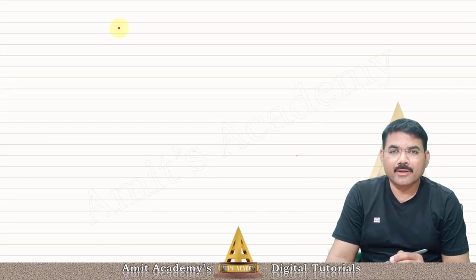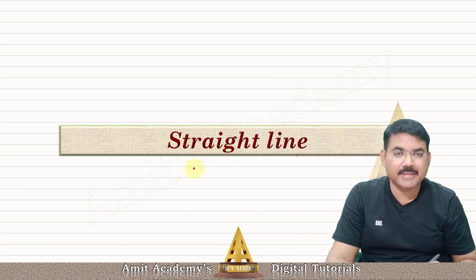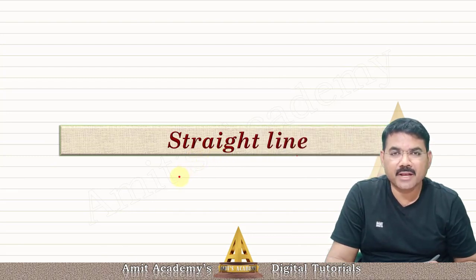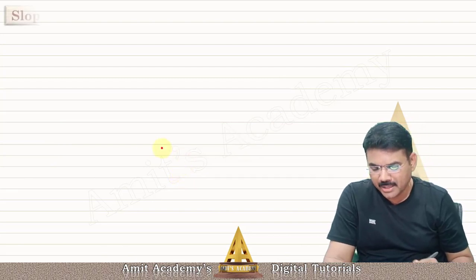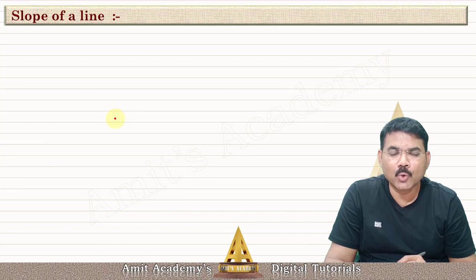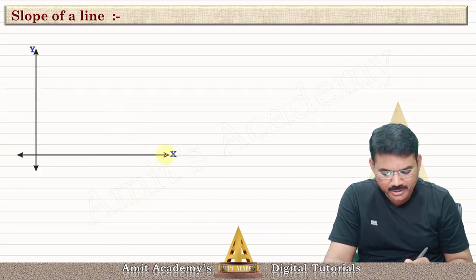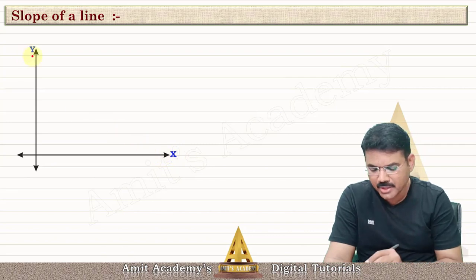चलो बेटा, नेक्स्ट चैप्टर जो हम पढ़ने जा रहे हैं बेटा वो है आपका स्ट्रेट लाइन। कौन सा चैप्टर है बेटा? स्ट्रेट लाइन। ये चैप्टर हम पढ़ने जा रहे हैं, ठीक है। देखो बेटा, पहला पॉइंट है स्लोप ऑफ ए लाइन। पहला पॉइंट क्या है बेटा? स्लोप ऑफ ए लाइन। यहाँ पर मैंने एक्स वाई प्लेन लिया हुआ है, दिस इज एक्स एक्सिस, दिस इज वाई एक्सिस।